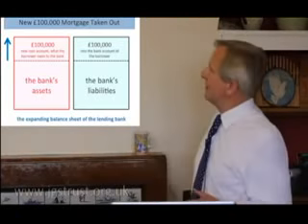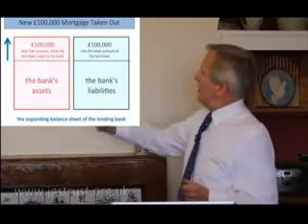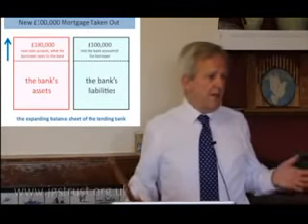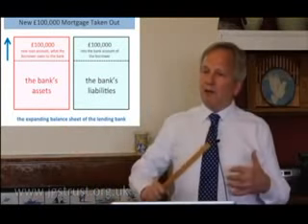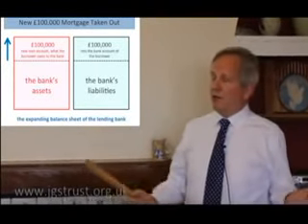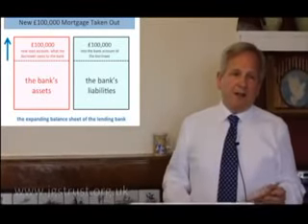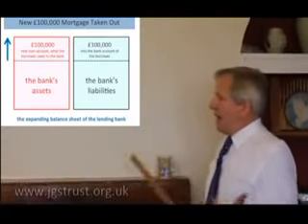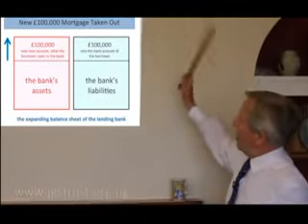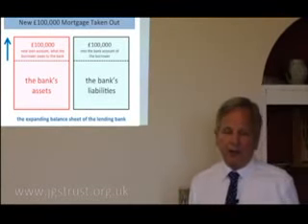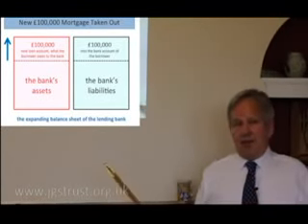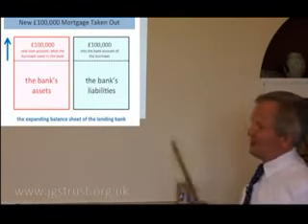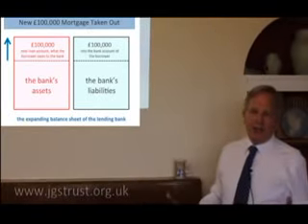Well, very schematically, this. The bank's assets go up £100,000 because this person who walked in the door now owes the bank £100,000, which wasn't owed to the bank before. So the bank's got £100,000 extra assets to what it had before the event. How is that balanced? Well, the borrower, the person who took out the loan, has £100,000 in his current account. Actually, probably it has gone to his solicitor's current account in practice, but it is a liability to the banking system.